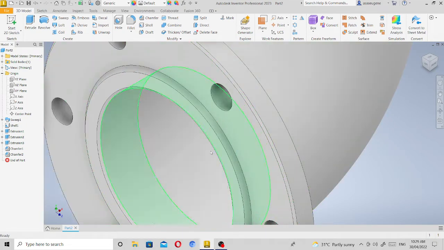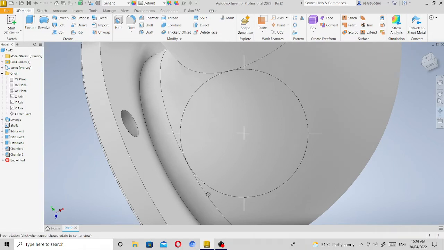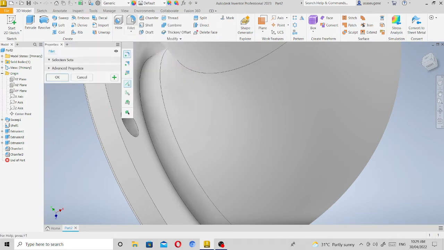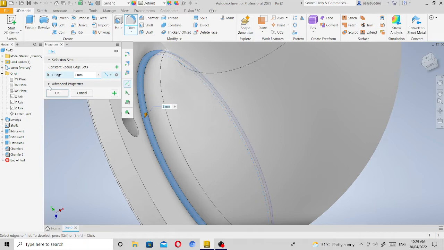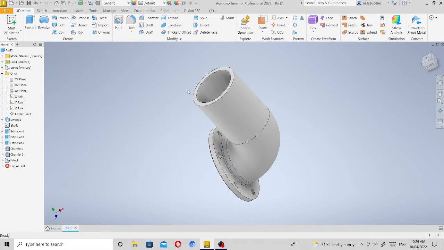After chamfering this, I'm gonna use the orbit, free orbit, and because I'm gonna fillet this part, let's fillet. Select the fillet tool here, and the default is 2 mm, but in the drawing it's indicated that it's inverted, so select the inverted. After that, let's click OK, then let's zoom all, and after that